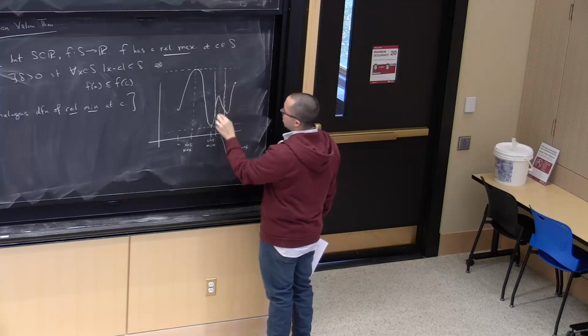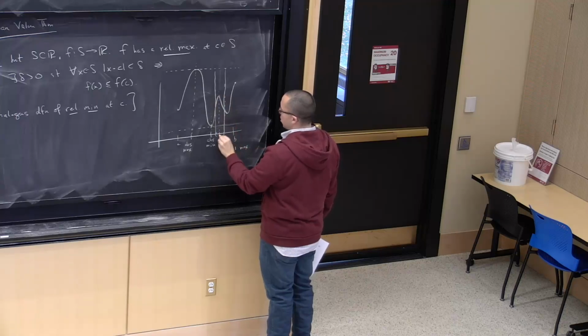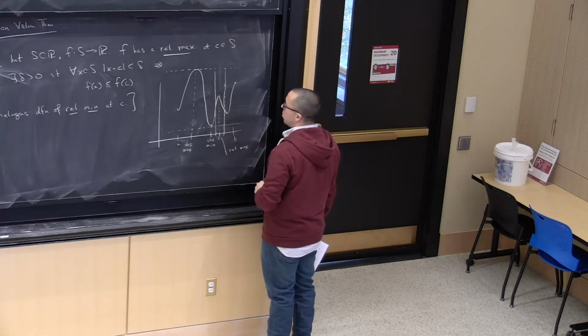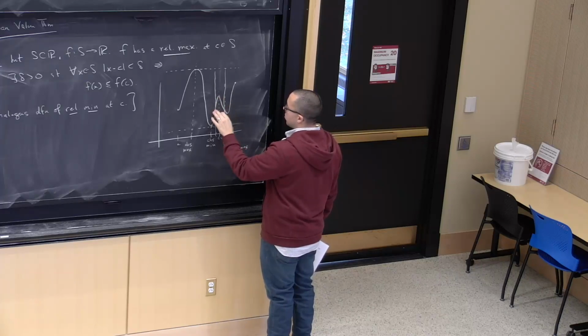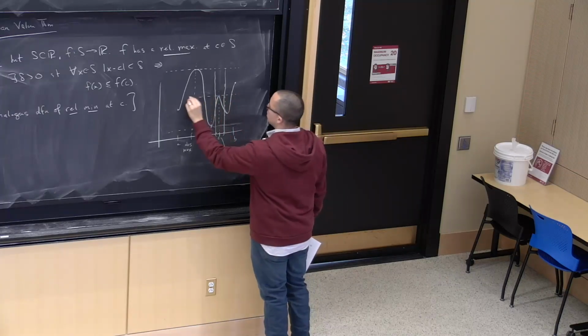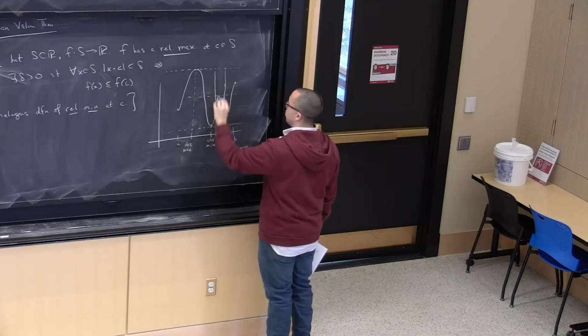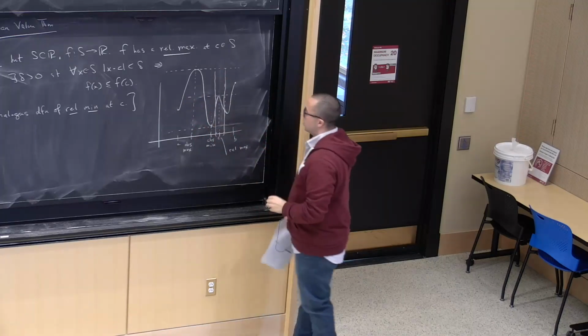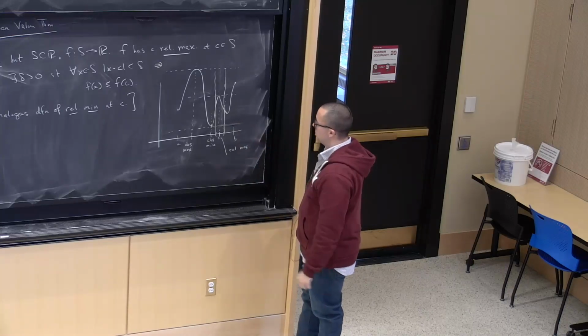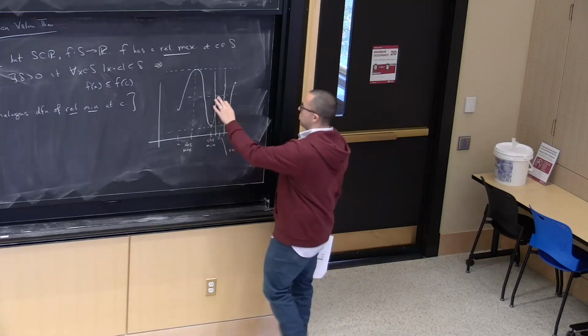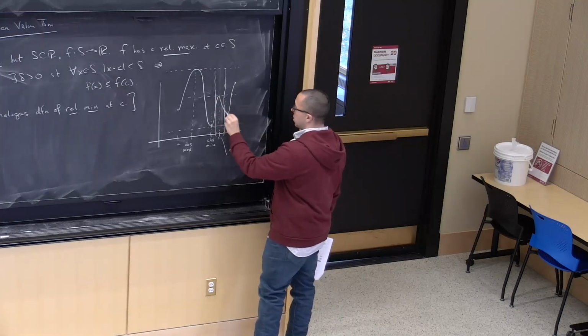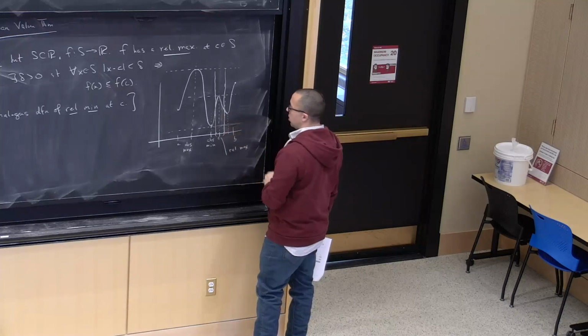If I zoom in on just this one piece of the graph, then at this point, the graph sits below this point inside this little vertical strip. Okay, so this guy would be a relative max,